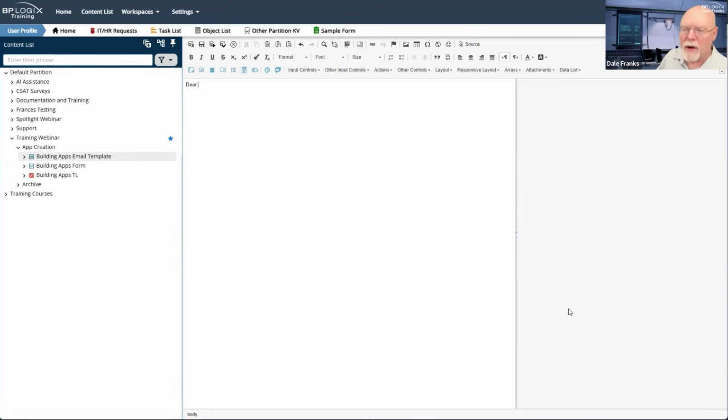Now, let's remember what an email template is. An email template does one thing. It builds the text message that will be sent via email. That's all an email is, a plain text message. I know that Outlook or Thunderbird have little built-in browsers, and Gmail, same thing.